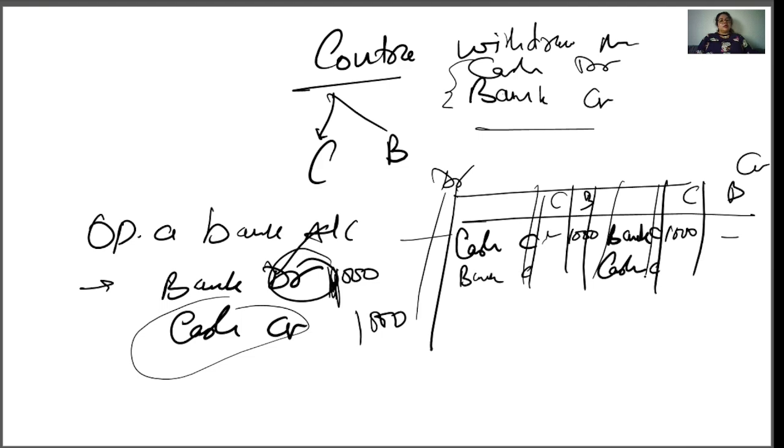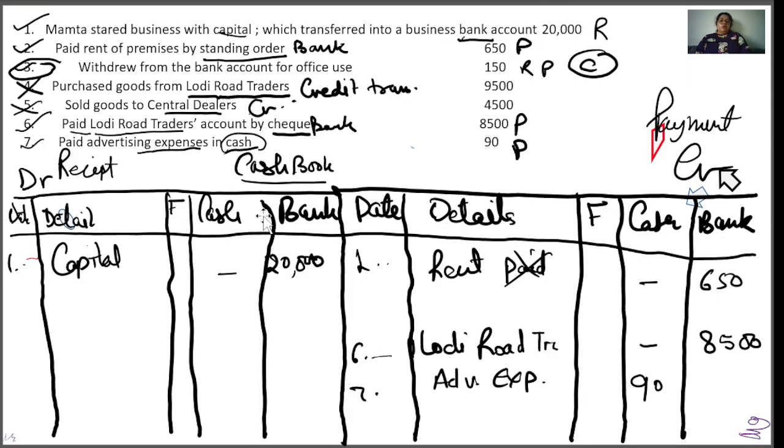Okay, and again, if cash is returned, the amount will be written on the bank column. If bank is there, you have to write down 500 in the cash column. This is how you need to record the contra entry in your cash book. Now we are going to use the question. So, third one is the contra entry, withdraw from bank account for office use.